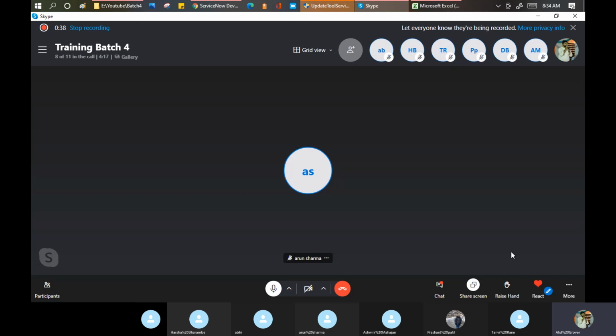And we create an update set to capture our configuration, customization, and logic in one container called the update set.